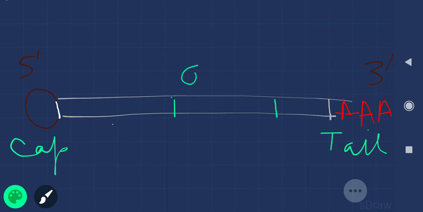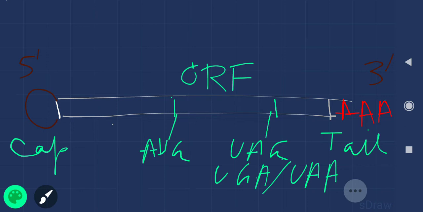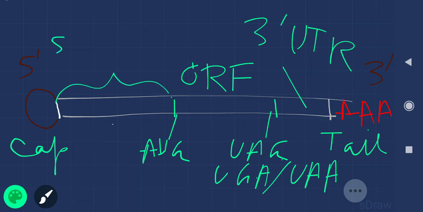this is your main open reading frame. Okay, which starts from the AUG, and there is a stop codon also, which is UAG, UGA, and UAA. Then there is a 3' UTR and a 5'